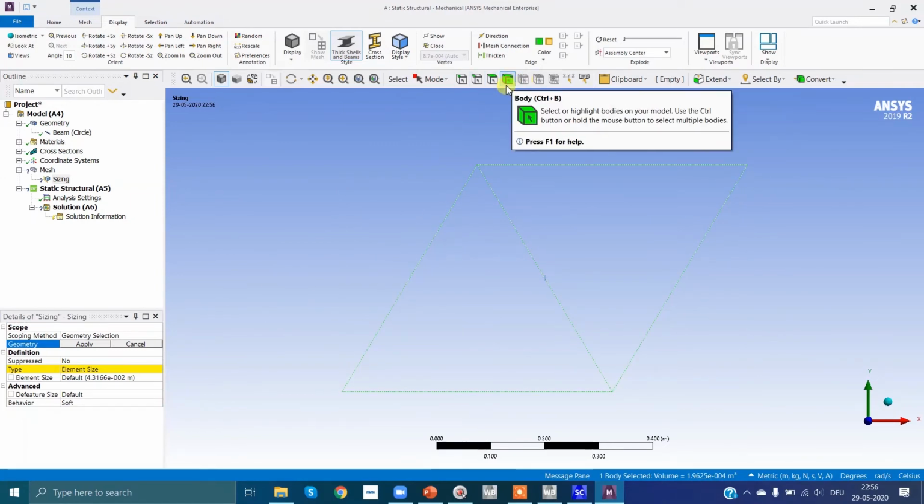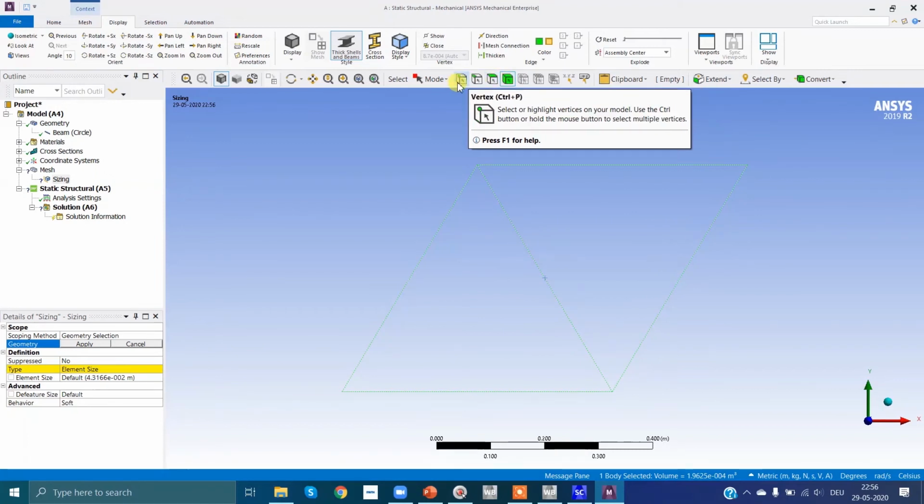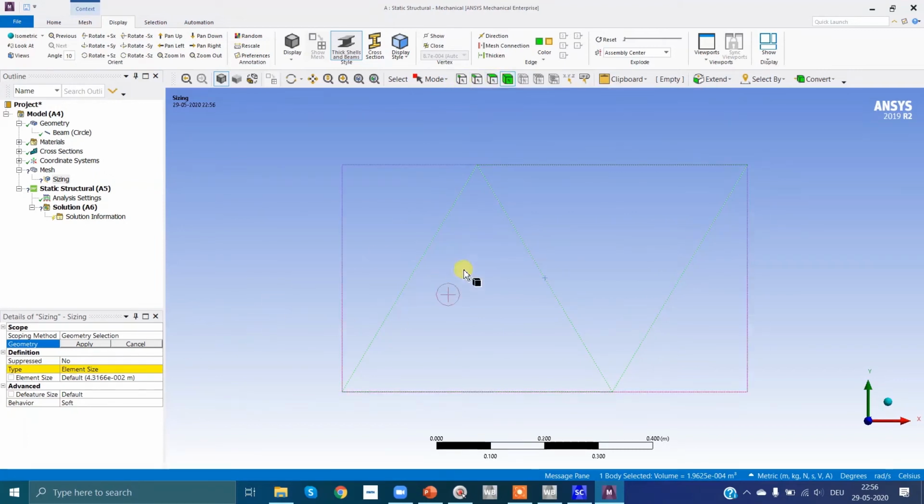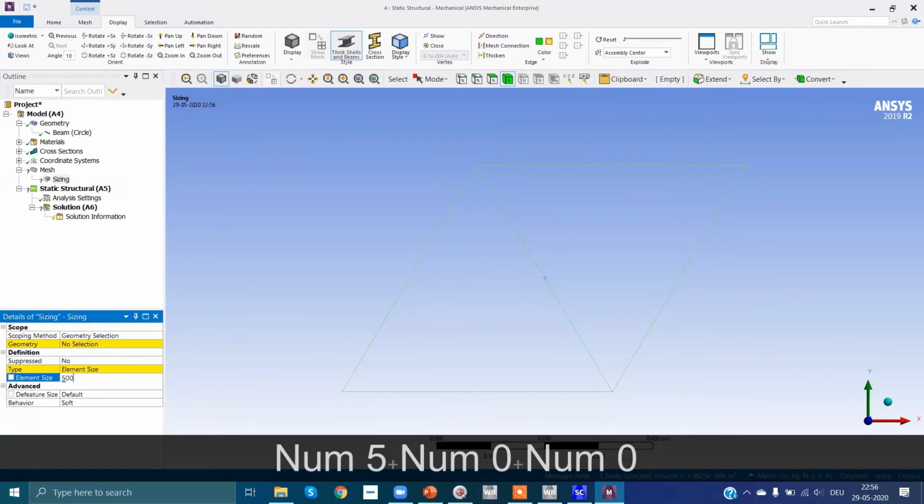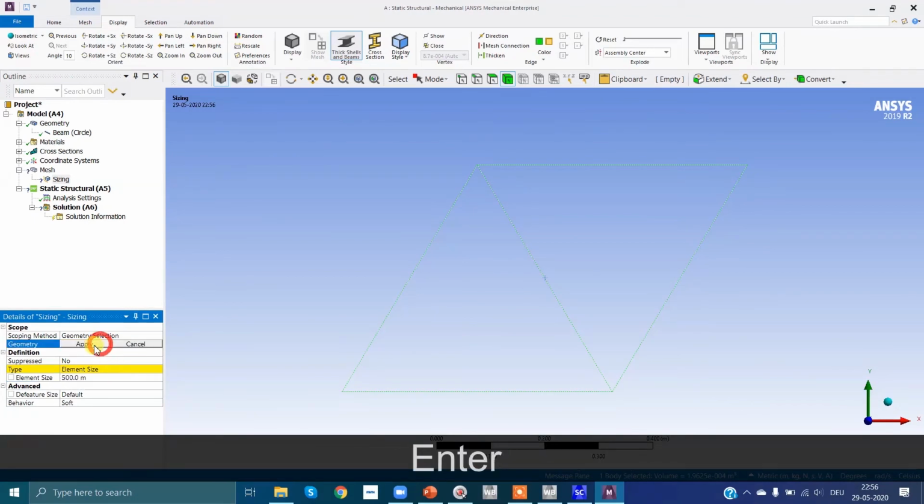These options are for selecting various things like body, face, edge and vertex. So we have selected this. Then element size. Just enter any element size which is larger than the total length of our link. I'll enter 500. Then apply.